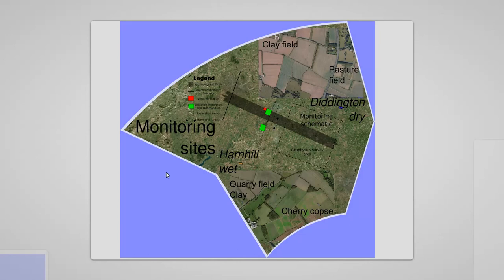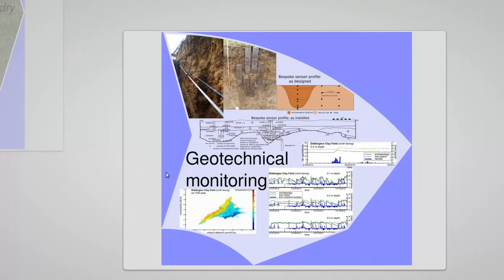Now we set up a number of monitoring sites in the dry and wet parts of England, between Diddington in Cambridgeshire and Harnhill in Cirencester. Within each of those areas we had well-draining soils and clay soils. On top of those we had our four monitoring sites, so we had our ditch feature. Within that we excavated a hole, which I'll talk about more in a moment. We ran geophysical surveys, and we took spectroradiometry readings looking at both the soil and plant growth.